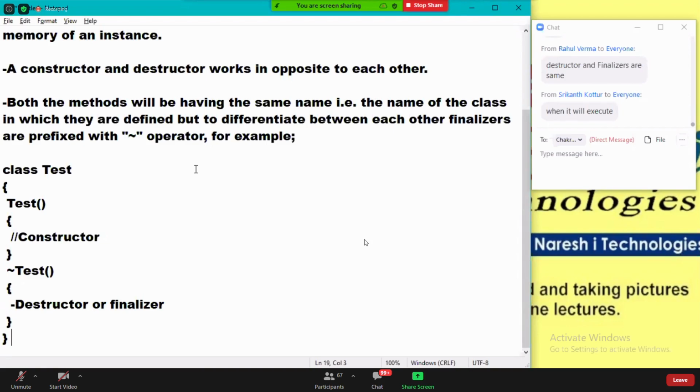Okay. So next. Constructor is called when the instance is created.